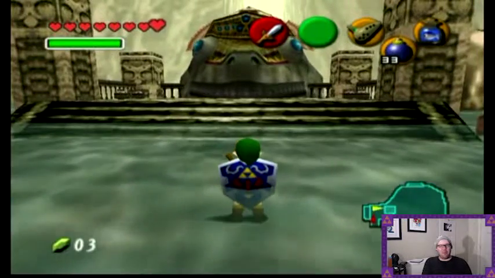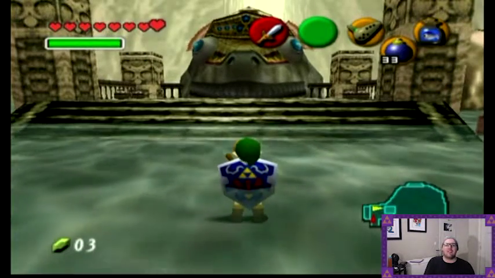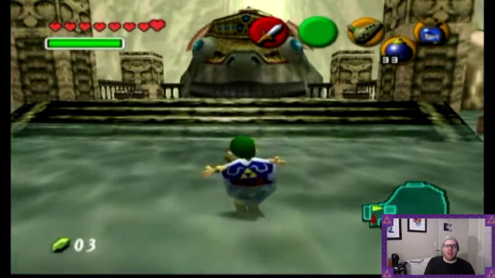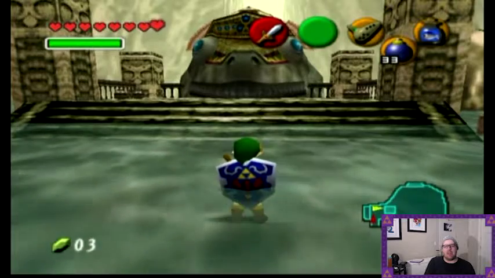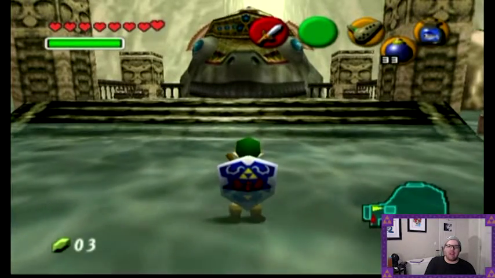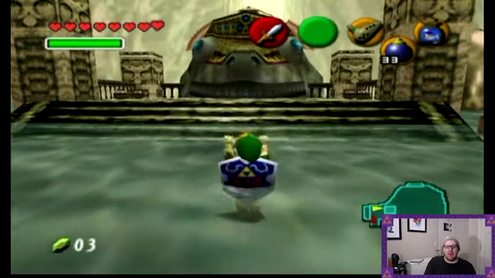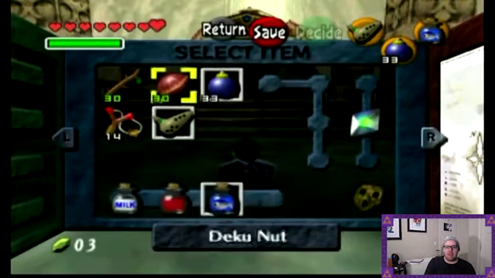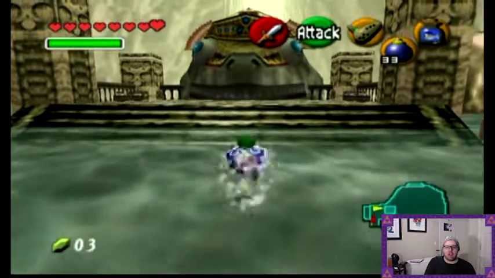Hello everyone and welcome back to another episode of Ocarina of Time Master Quest. In the last episode, we traveled around Lake Hylia. We failed at the fishing minigame, which I will probably do on my own time, but I told you guys the reward is a heart piece. We came up here to Zora's Fountain and got Farore's Wind, and now we're ready to get started on